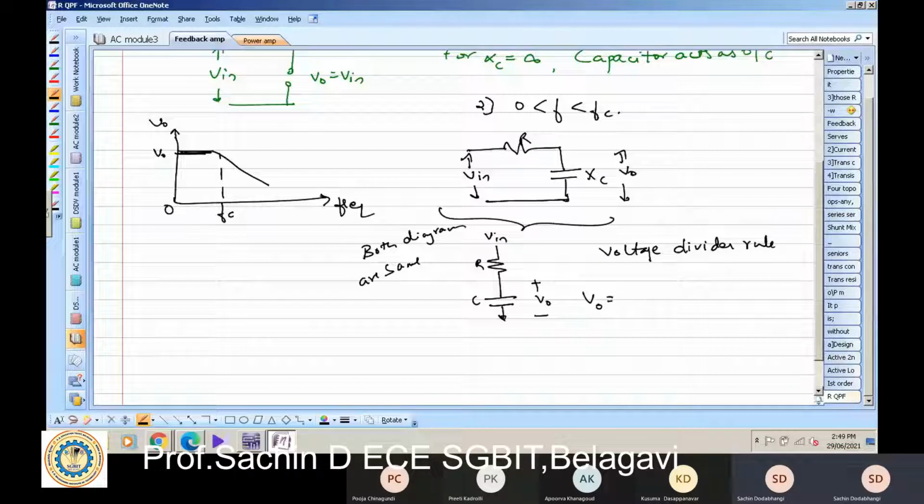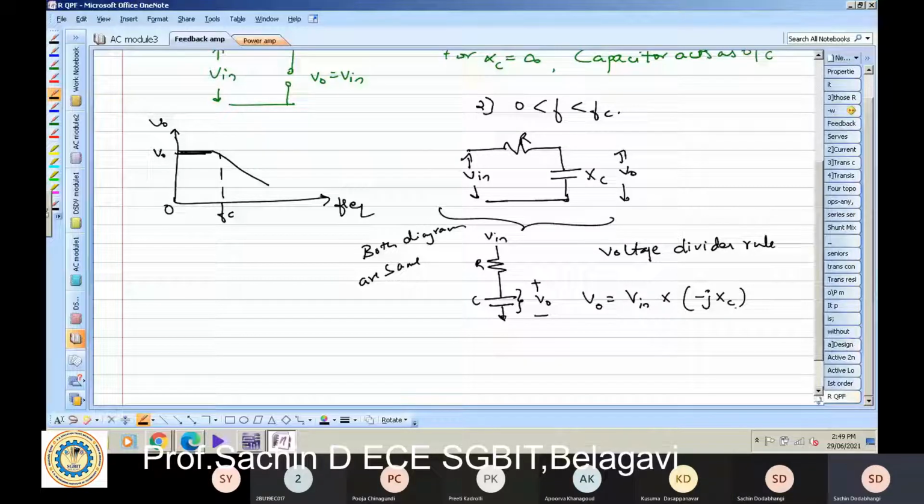Output voltage is equal to the input voltage into, since you are taking the voltage across the capacitor, the capacitive reactance minus j Xc divided by R minus j Xc. Got it? So you can write it in this way also, V input into